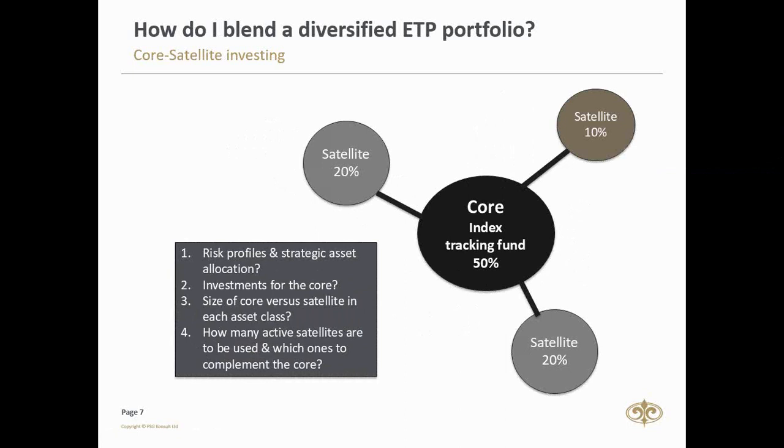You also need to decide the size of the core. In this example, I've tried to keep it very simple, 50% core and then 50% as satellite. So the size of the core might depend. You might want to have it smaller or bigger. So the size of the core versus each of the satellites as in asset classes, and how many active satellites are you going to be using? So, going to our previous slide, you might say, okay, I might have my core at 50% and I'll have my 4 initial or 5 initial at 10%, but you can always add more, and then you build up a little portfolio.